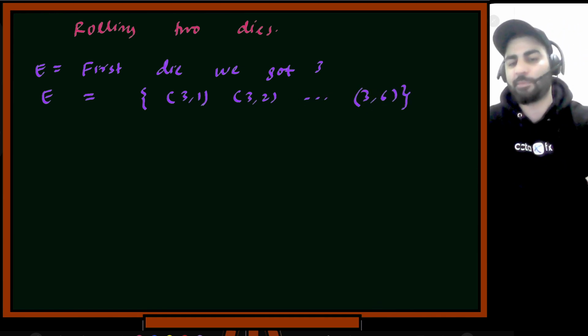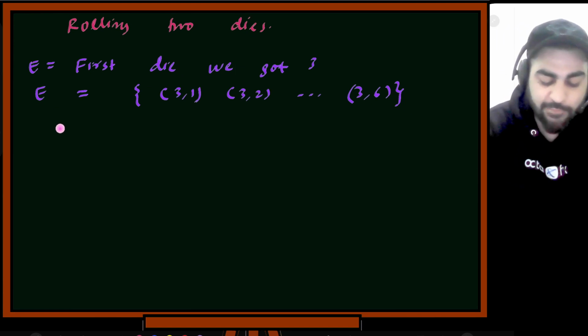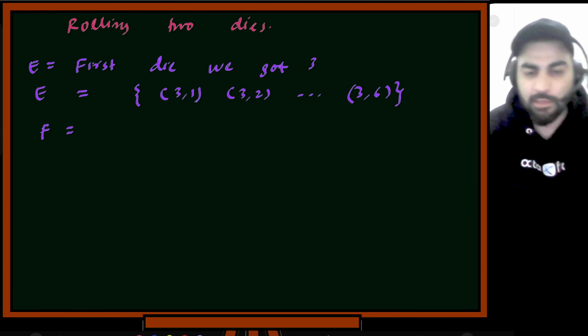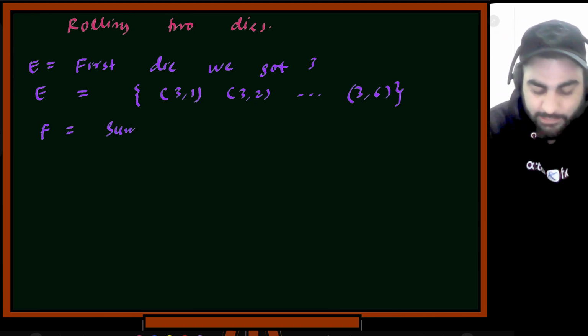Okay, so this is our probability now. So this is our new sample space. So this is our event, which has already occurred. Now let's suppose F is